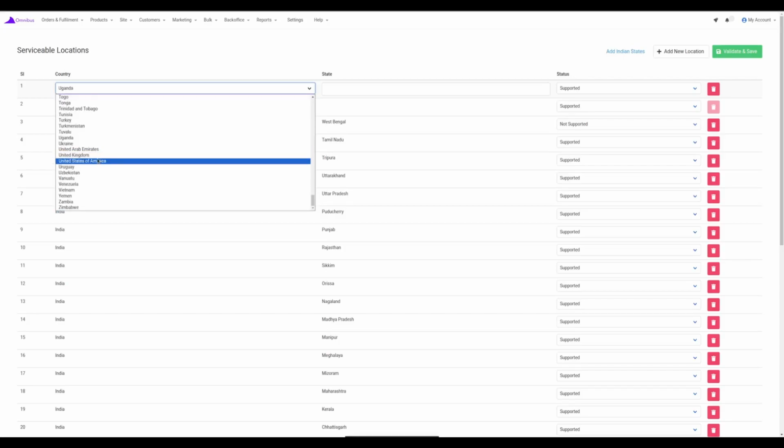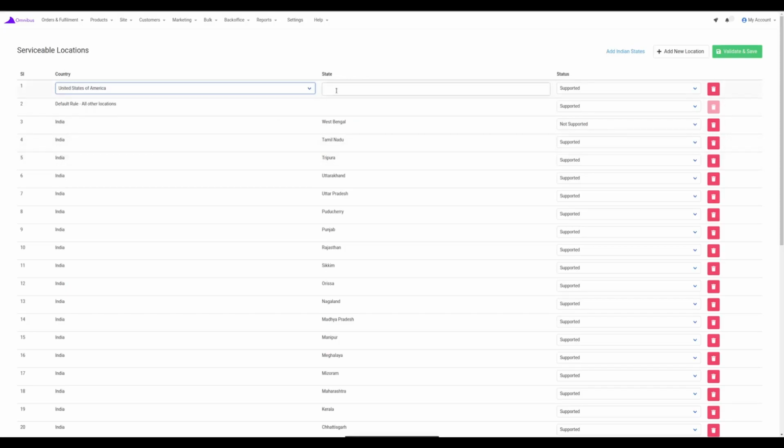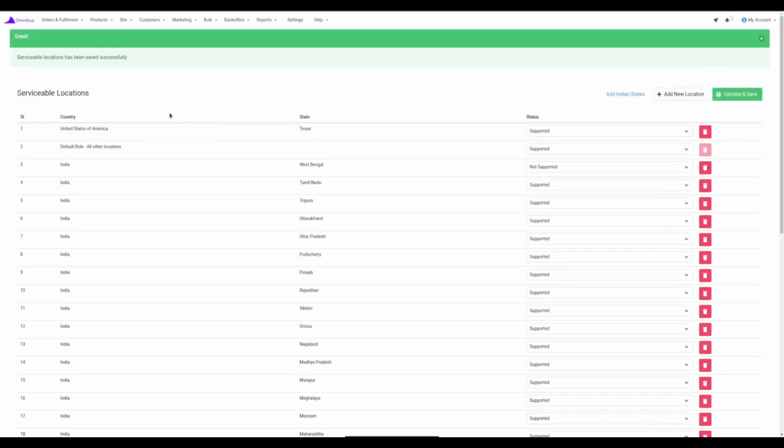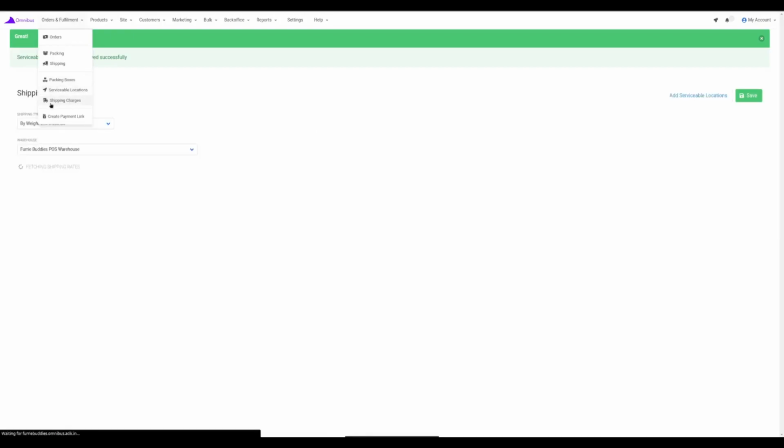I'll go ahead and select USA, and the state is an input box, so you need to go ahead and type it out. So for now, I will go ahead and type Texas, for example. So I would like to add a new serviceable location that is USA, state Texas, and I support it. Now you can click validate and save once you're satisfied with all the entries, and you can go to the shipping charges page,